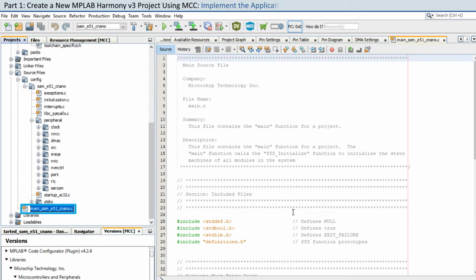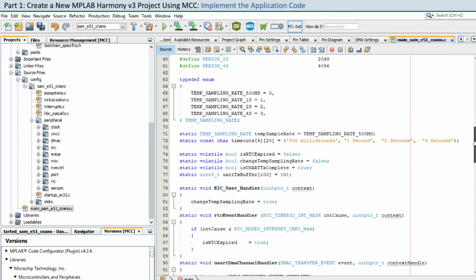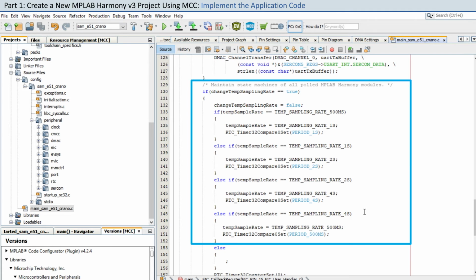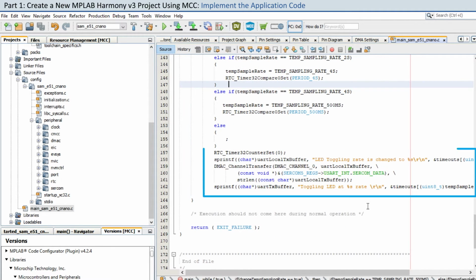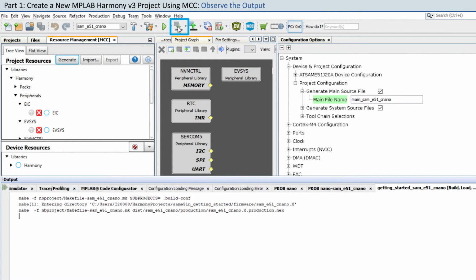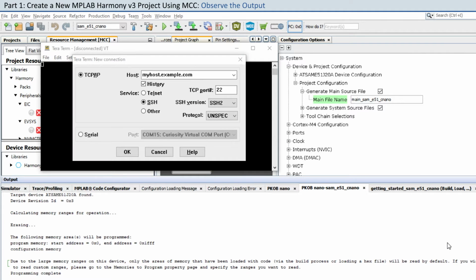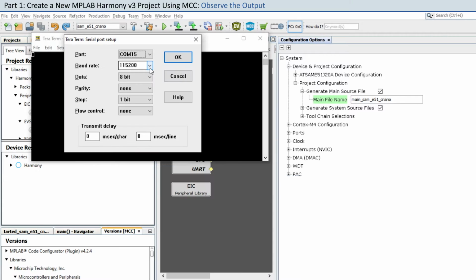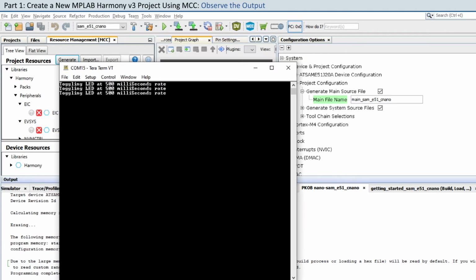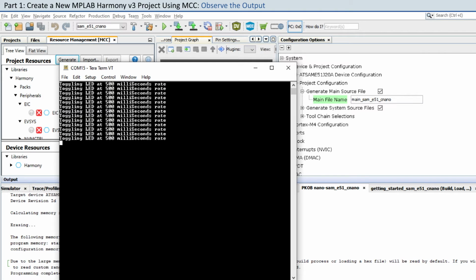Open the main file and implement the application code to toggle LED 0 on a timeout basis and to print the LED toggling rate on the serial terminal. Build and program the project. To observe the outputs, open a serial terminal, such as TeraTerm, and connect to the Curiosity Virtual COM port and click OK. Set the baud rate to 115,200. You will now see LED 0 on the SAM E51 Curiosity Nano evaluation kit toggling on a timeout basis,